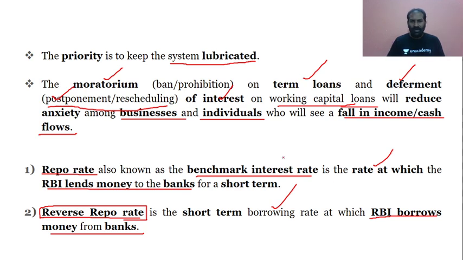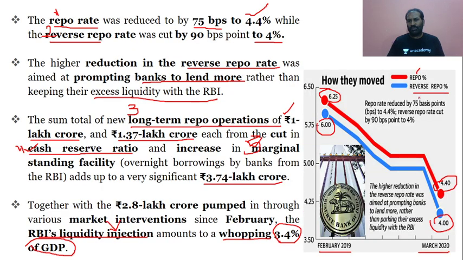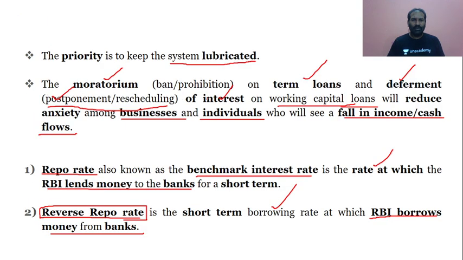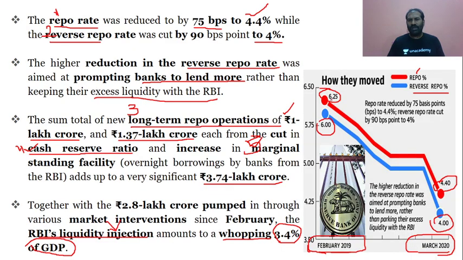So now again I'll go back to this picture. Now you will understand it very clearly. Please focus on this picture. In February 2019, comparing it with March 2020, in February 2019, the red graph, that is repo rate, was 6.25 percentage. What is repo rate? Again, I would say, the rate at which RBI lends money to the banks. So the RBI was lending money to the banks at 6.25 percentage earlier, but now 4%.